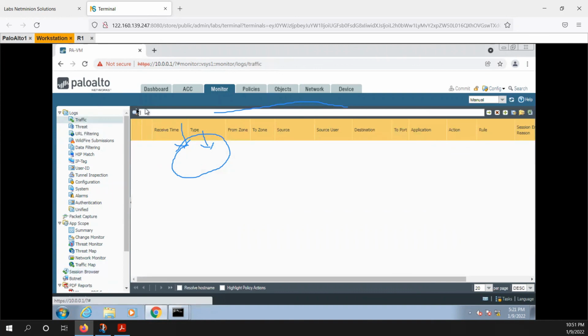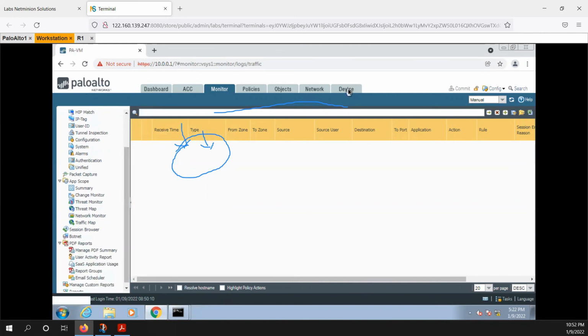Here you won't see any traffic. The reason is, if your firewall is not activated, here you won't be able to see any logs. Until the firewall is activated, you won't be able to see the logs. Activated in the sense like the license or something? Right, license.